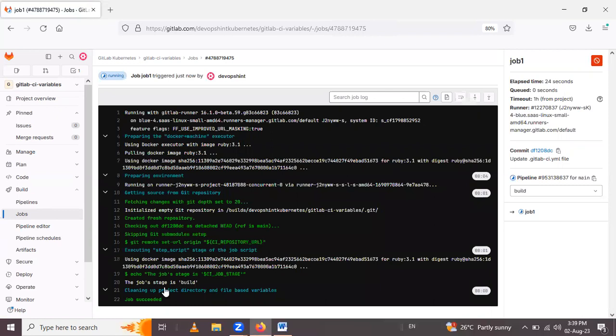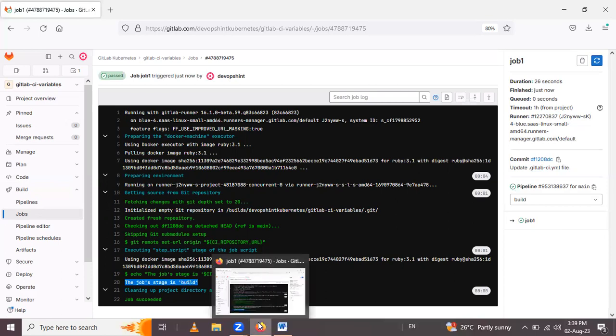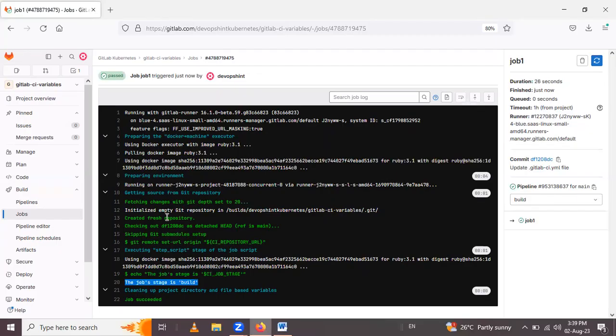So now, see here, our echo is CI_JOB_STAGE. Okay, the job's stage is CI_JOB_STAGE. See here, the value written here is the job stage, which is under build. Okay, this is printing because it's a predefined variable. If we don't give a stage here in the pipeline editor,